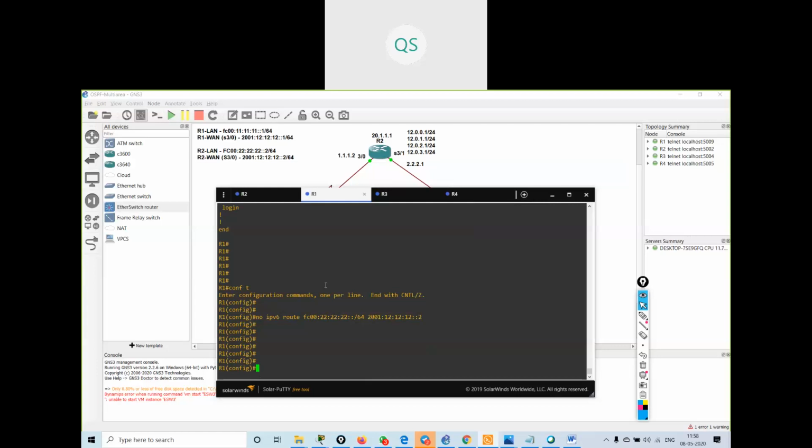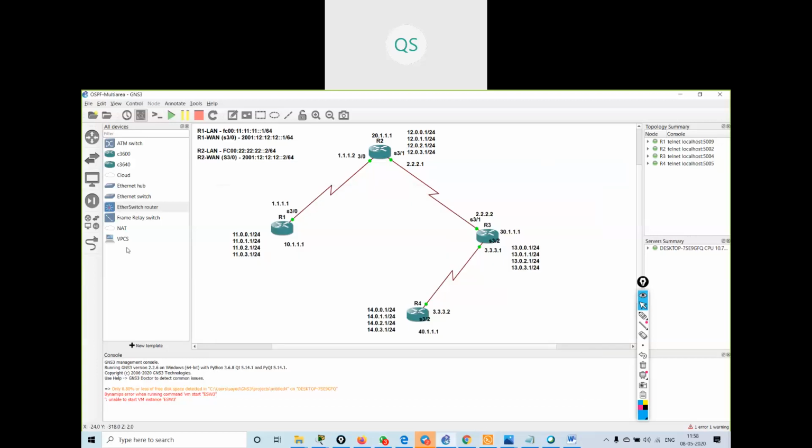Let me check if I can take a PC and do the stateless auto configuration. I can take a PC over here. Start this PC, take the console.